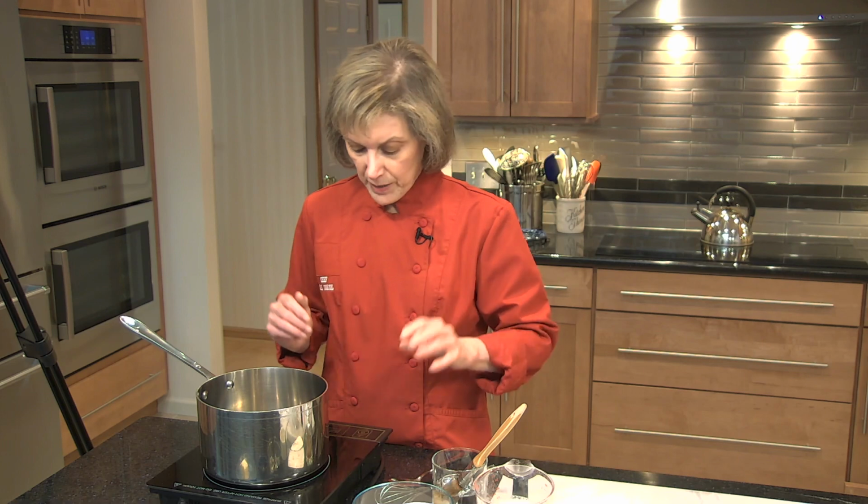We're going to get a nice heavy, medium-sized pan, a little bit bigger than you think you might need. It just keeps things safe so things don't bubble up. If you've never made caramel, or if you have, you know what I mean. So the first thing I'm going to do is put 1.5 cups of granulated sugar into a saucepan,